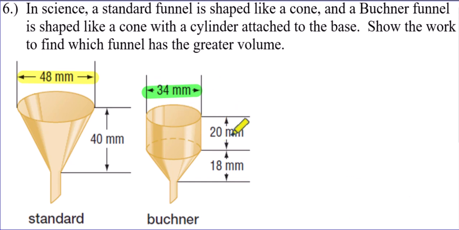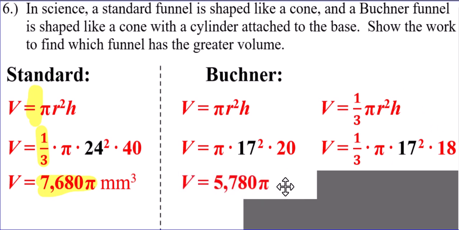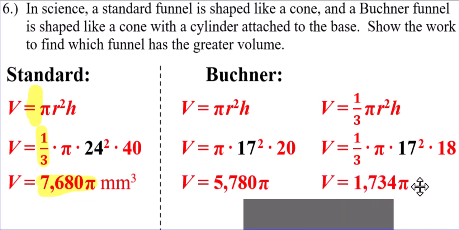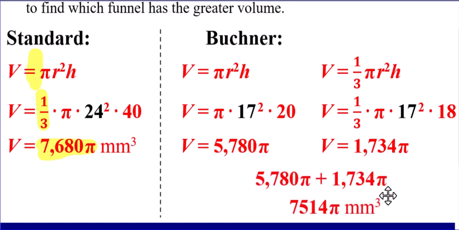We have 2 different heights here. 20 millimeters was the height of the cylinder. 18 millimeters was the height of the cone. All right, formula substitute solve. The cylinder is going to be 5,780 times pi. The cone is 1,734 times pi. Add those together. You get